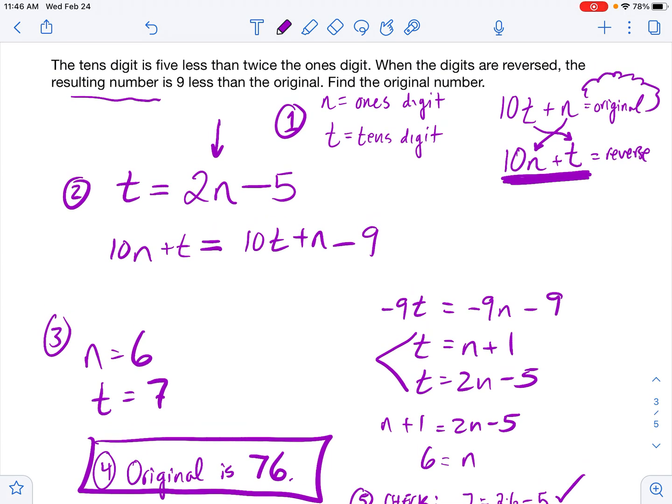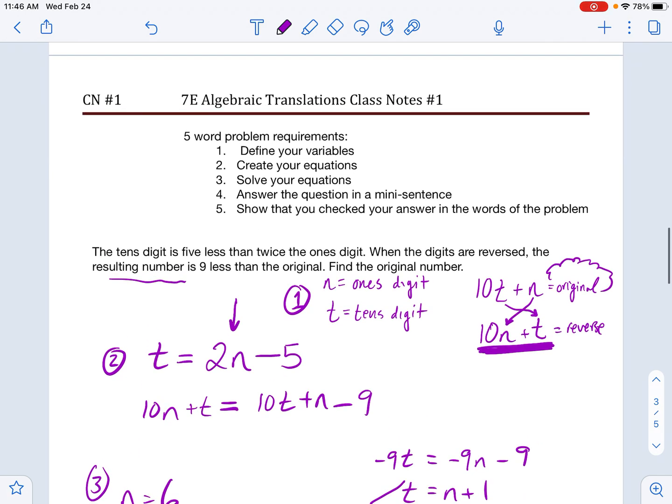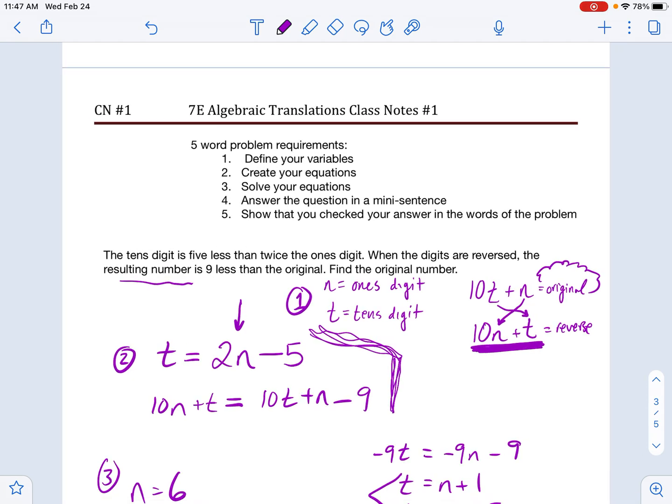Okay, cool. As you can see, those are the 5 parts. Please remember them. And I know right now, initially, in certain problems, it feels so silly, but it will be very important to get in the habit of it as your problems get harder. Yes, some of these problems you can do intuitively in your head. I tried to make the numbers kind of easy because we're learning. You need to practice, though, doing them by equations and not intuitively because someday the numbers will not be intuitive and you need to